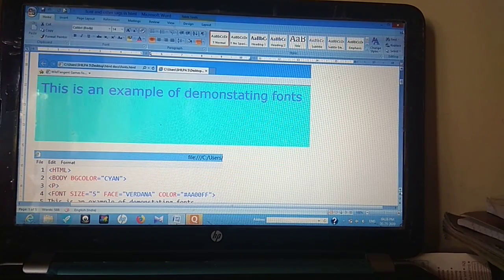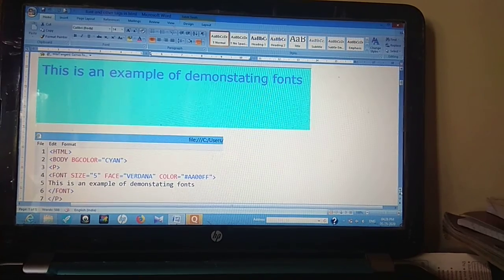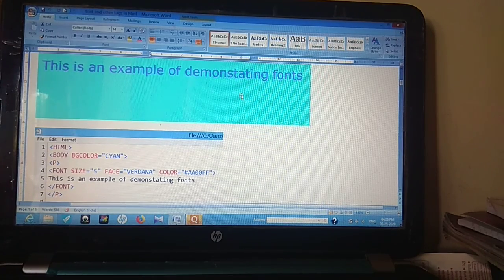Now I have shown you an example over here. In this example I have assigned a background color and I have defined the font with font size 5, font face as Verdana, and font color purple. I have given the hexadecimal value for purple.